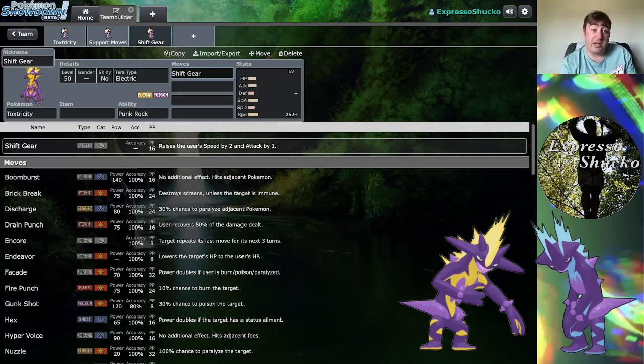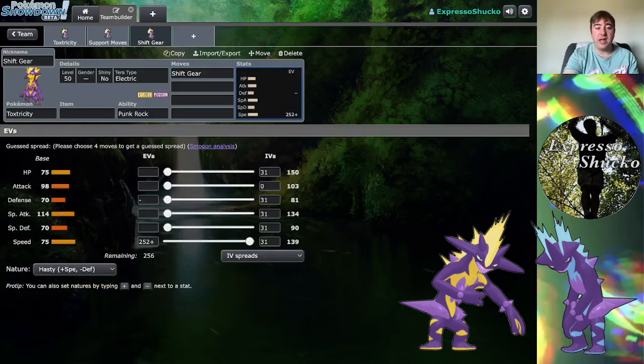And honestly, the fact that Toxtricity has a means of raising its speed 2 stages means you could just look at that for the sake of raising its speed, and then you could run, say, Boom Burst and Overdrive and Protect as some options right there, or you could potentially even look into running some physical moves as well to take advantage of the fact that you are raising your attack 1 stage, because you do have that 98 attack